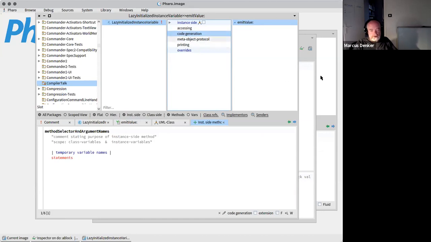So that should be everything that we need to have now a special kind of variable where we can define a default value and it will do everything that a lazy variable would do, but nicer. The only problem is, how can we actually create a class that uses that method? So imagine,